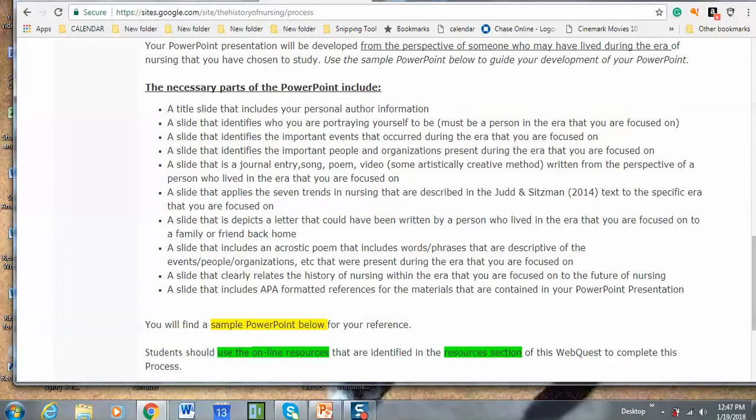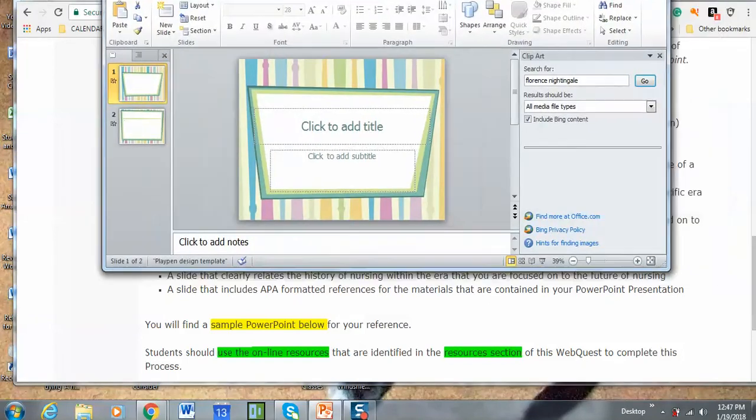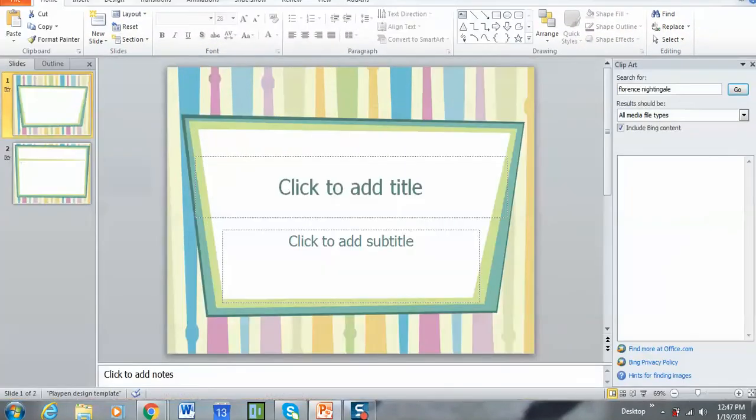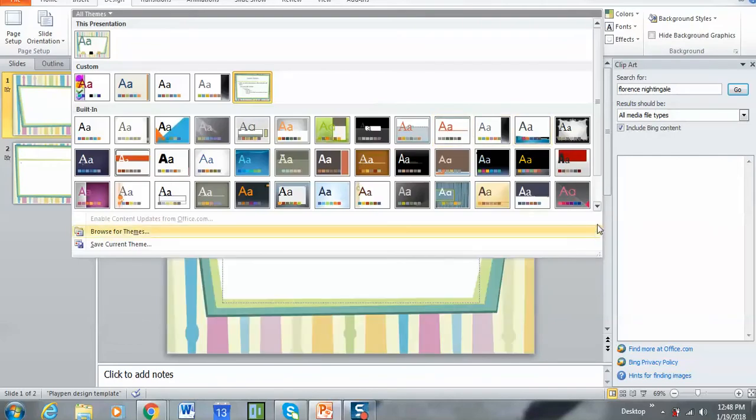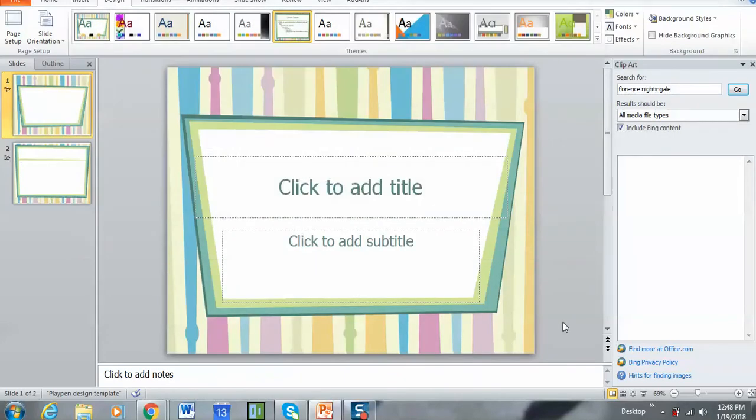And if you want to create a PowerPoint, I've got one right here. I'll show you how to do it. When you create your PowerPoint, make sure you have a background that is not going to be obstructing your writing, okay? So no dark backgrounds in this area, something that's light, and you choose your design, something that's sort of mid-ranged, okay? So in this particular one, I chose this, and then you're going to put in here your title